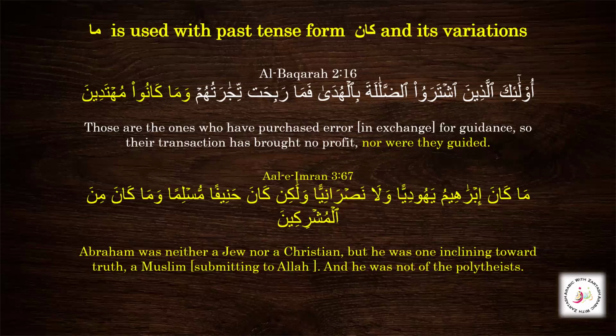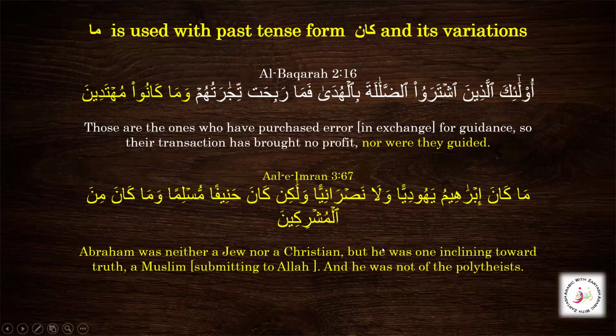So also La Nasraniyan. So again, he is not a Christian. So here, this is wow, harf of atf, and la is again for ta'kid, and this is nafi, and Nasraniyan is matuf ala Yahudiyan, and it is also mansub, and this whole is a khabar of kana. So we have done the i'rab for this, ma kana Ibrahimu Yahudiyan wala Nasraniyan. So we have found this jumla ismiya with kana, ismu kana, and khabar kana.